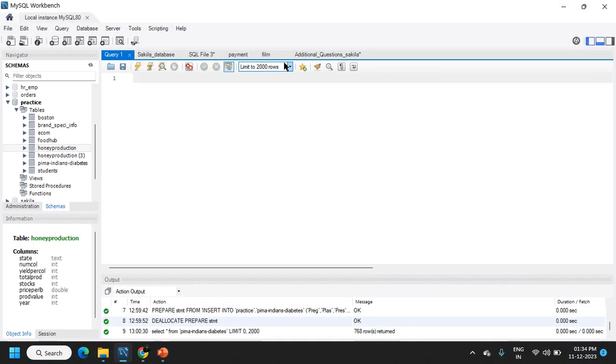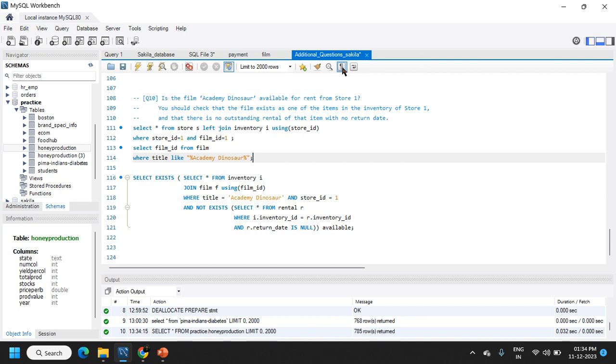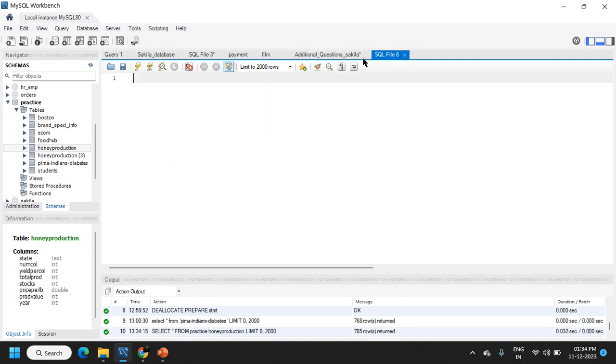First I will use count. If I want to count the number of records available, for this purpose I will use this honey production data set. Here we can see the entire data set. It has the state, number of colonies, yield per colony, total production, stock, price per pound, and the production value and year. It has all this information. If I want to use an aggregate function to get some calculation out of this, first I want to calculate,